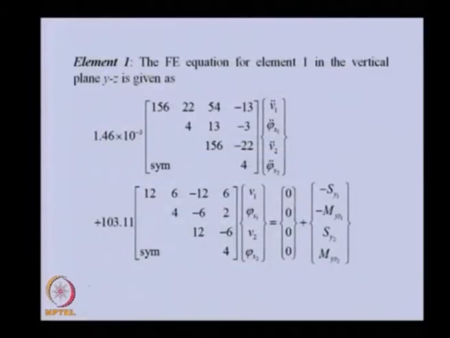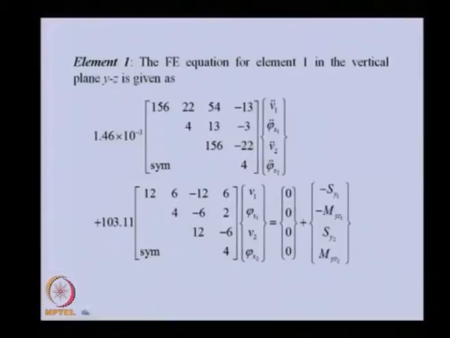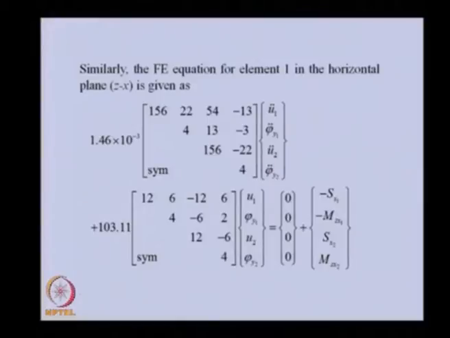For element 1, because we have divided this into 3 elements, this is the elemental equation. For the first element, because there is no disk, there is no change as compared to the free vibration; it is exactly the same. There is no external force in this particular element because the unbalance is acting only at node 3. So either we can consider that unbalance in element 2 or element 3, in one of them. This is for element 1, there is no external force here. Element 2 also we have not considered.